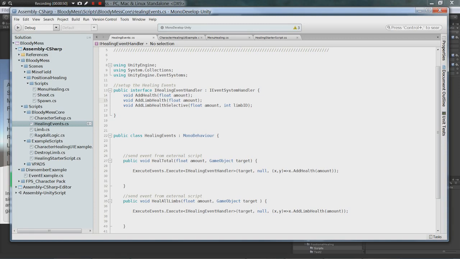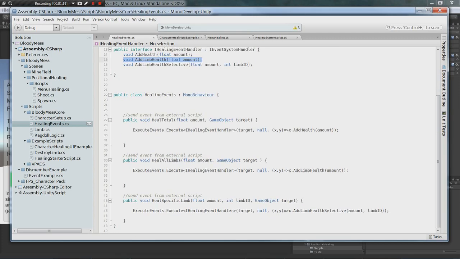What these do is this adds health to the total amount of health. Add health is just total amount of health. Add limb health is adding health to all the limbs on a character. Add limb health selective is adding health to an individual limb, so healing just the arm or just the leg. Down here you can see where these functions actually execute